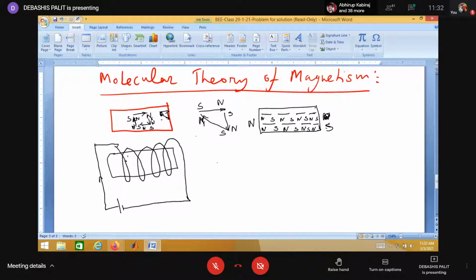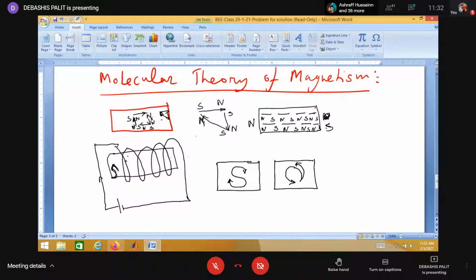Say if I see the cross section here, if the orientation is like this, it means clockwise direction, and in some cross section I can see the orientation of current like this, anti-clockwise direction. So if on one side you are facing that clockwise orientation, then this is the south pole,